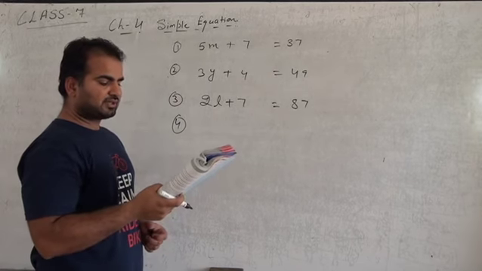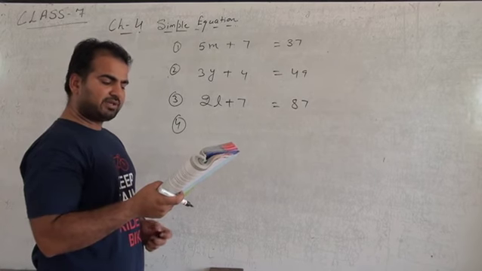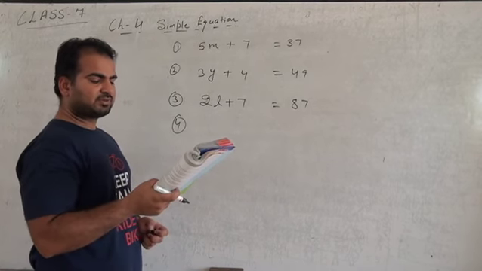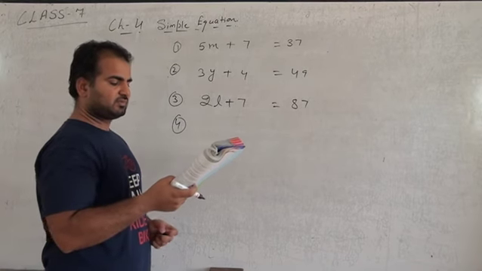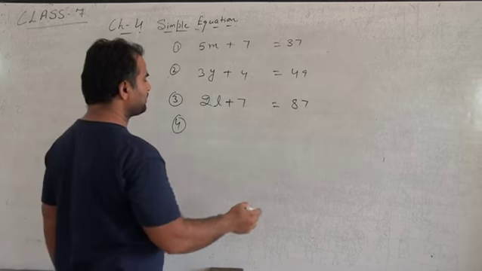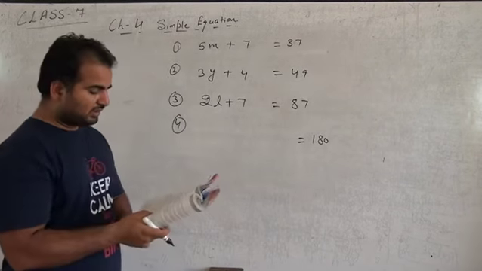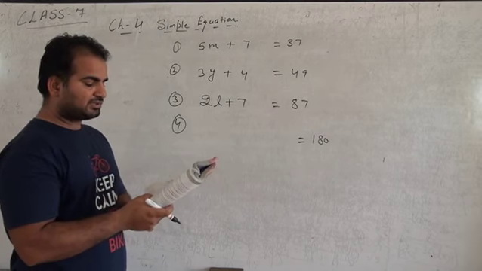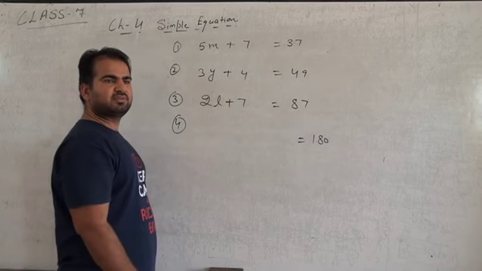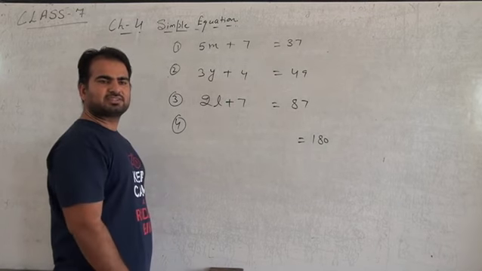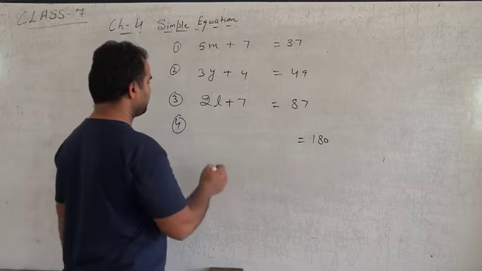Question number 4. In an isosceles triangle, the vertex angle is twice either base angle. Let the base angle be in degrees. Remember that the sum of all the angles of a triangle is 180. The vertex angle is twice either base angle, which means that both the base angles are equal. Let the base angle equal B.